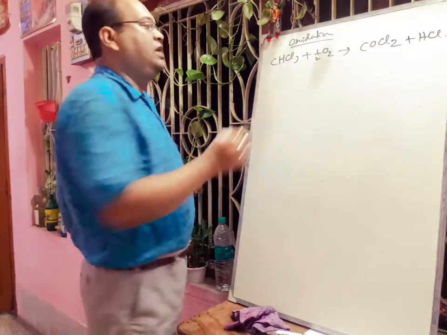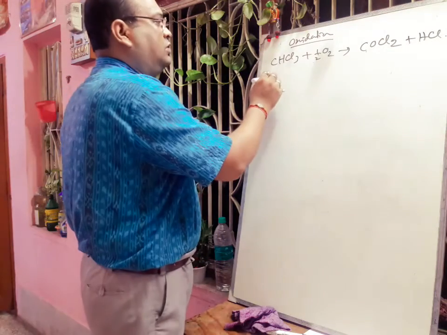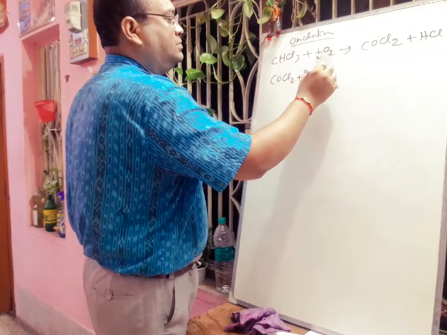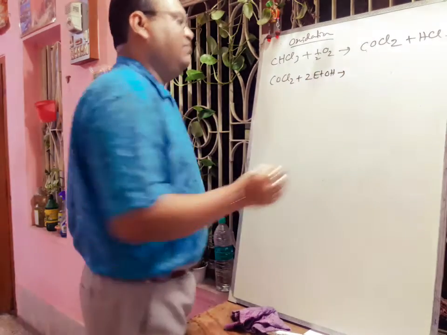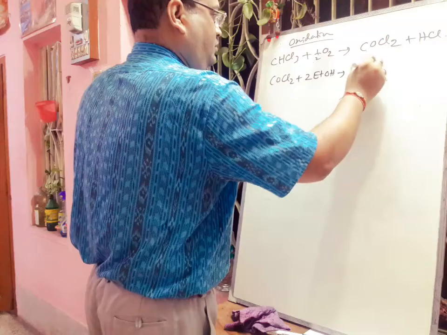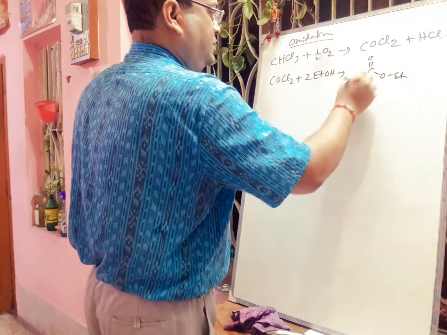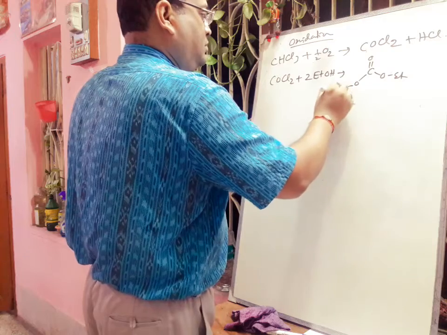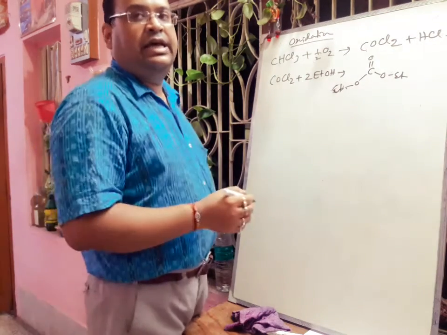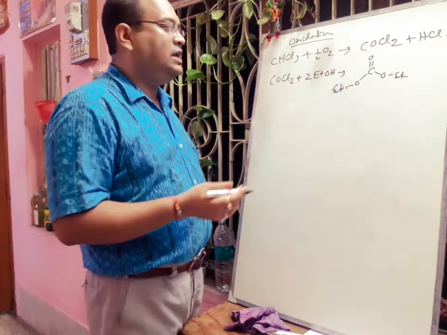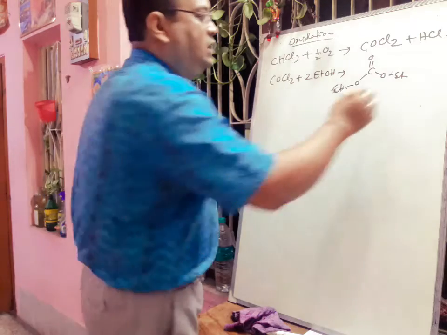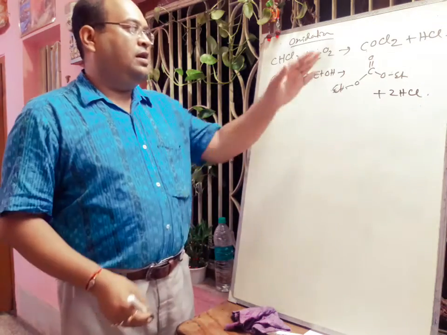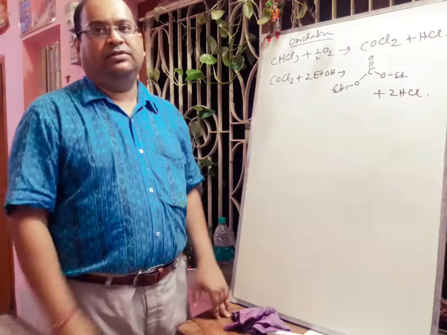To prevent this, we have to add some ethanol to the bottle, and generally we store chloroform-type compounds in dark or brown bottles so that sunlight cannot pass through. To prevent phosgene formation, we use ethyl alcohol. If COCl2 reacts with 2 C2H5OH, there will be formation of this type of ester, diethyl carbonate, which traps or converts the phosgene into a new compound, and in this way we can prevent the poisonous effect of phosgene.